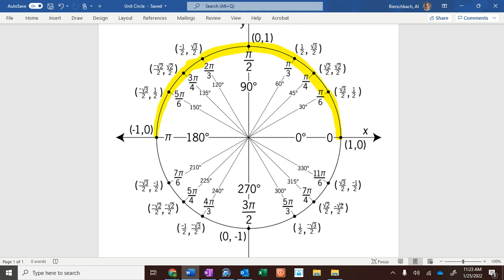So we can't use the same place as cosine because they have matching answers for sine. So what we do for sine is we start here. We go all the way around to here. So instead of calling it 90 degrees to 270 degrees or 270 degrees to 90 degrees, we call it,